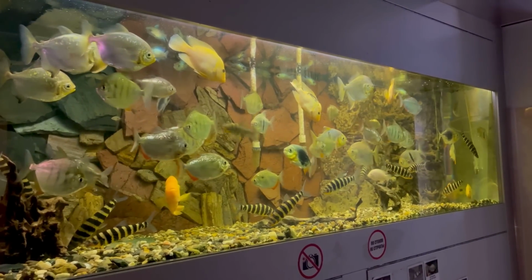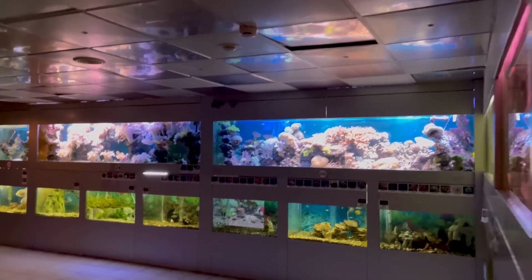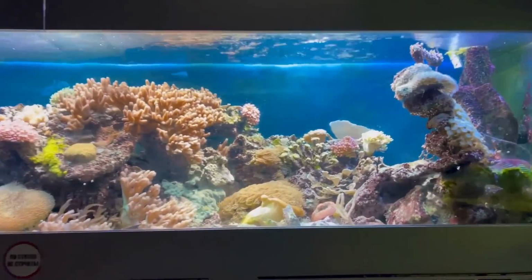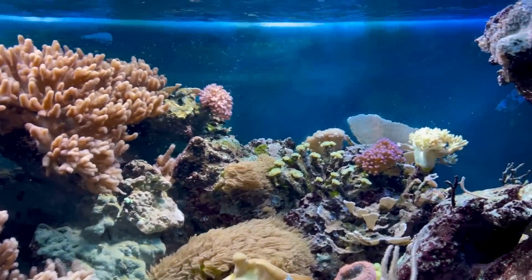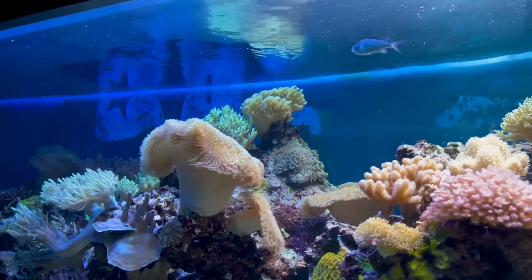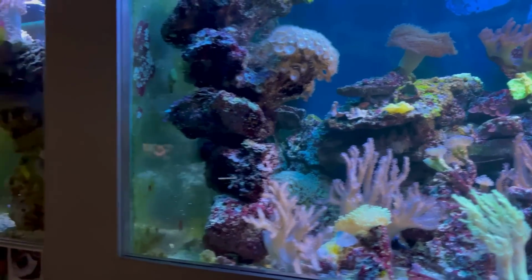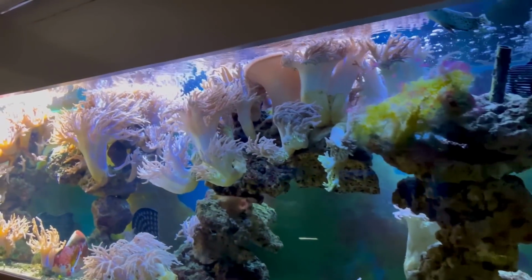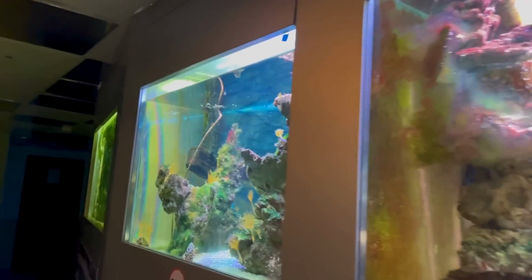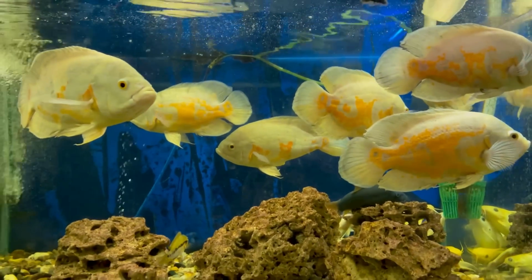Unfortunately, there were no northern pike. These were all tropical fish that were in this aquarium. There was also saltwater fish and anemones and sponges and all sorts of saltwater Nemos and Doras or whatever they're called. Dory's Dora, I've never seen the movie. But yeah, no wild pike, which would have been better because the pike is the most beautiful fish in the world. But here are some Oscar fish,